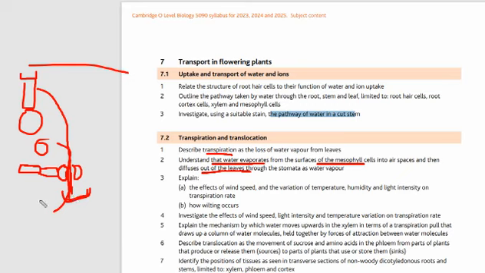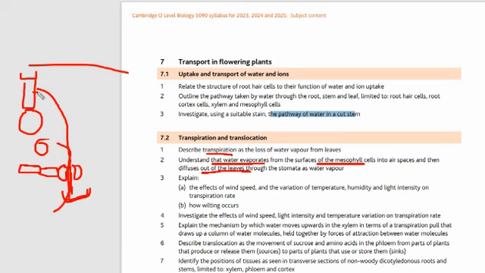Water will be absorbed by the root hair. Root hair absorb करेंगी, and then it will reach the leaf mesophyll through the xylem tissues, and it will be used by the plant to perform photosynthesis. ठीक है, plant leaves ने photosynthesis perform करना है, तो वो कार्बन डाइऑक्साइड को environment से लेंगे और water की मदद से they make their food. But the excessive water will also be evaporated, and it will diffuse.